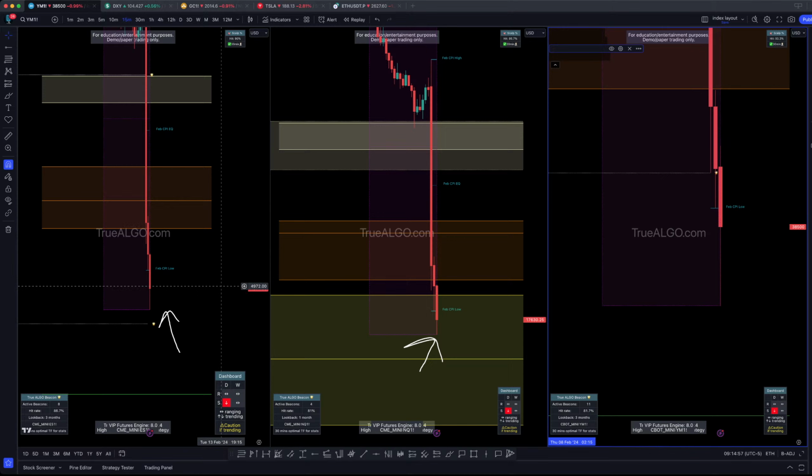When we first started this system and sharing it with others, they would say, hey man, look, your system doesn't work. And I want you guys to focus on this. You look at these candles and you're like, hey man, you said the boxes are supposed to reverse price. What we teach you is an edge in markets. You have to get a bullish candle close. That's a retail concept that most of you are not used to.